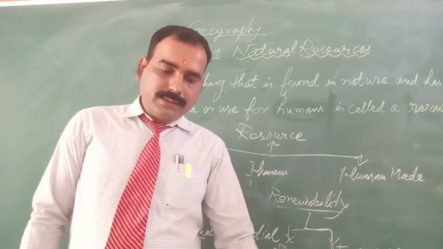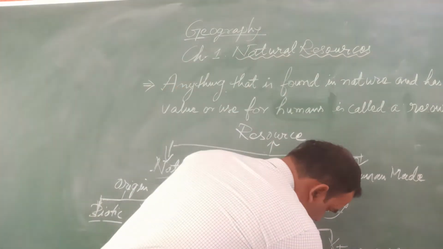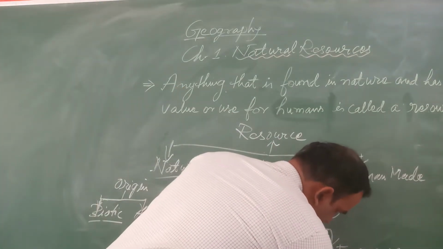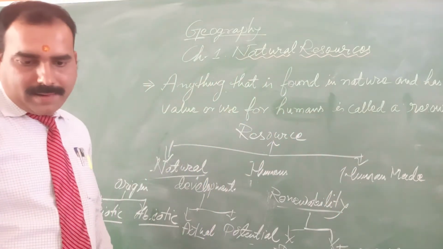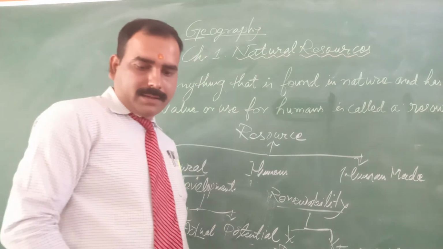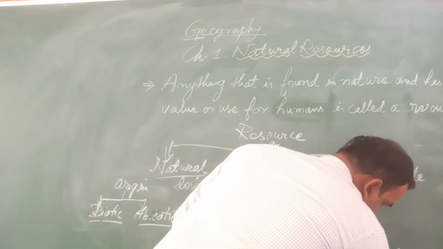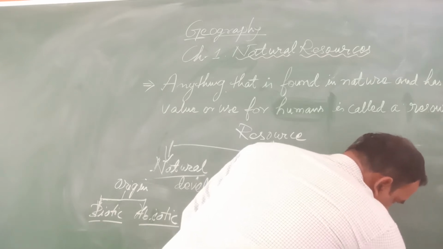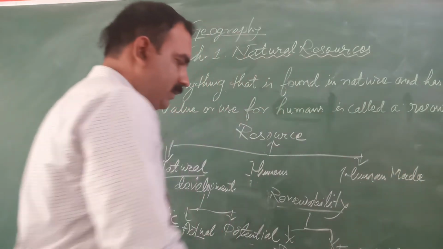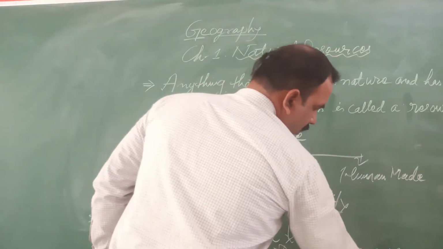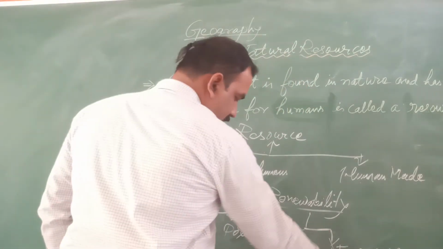Whereas, on the other hand, resources like iron ore, gold, and petroleum are examples of non-renewable resources,